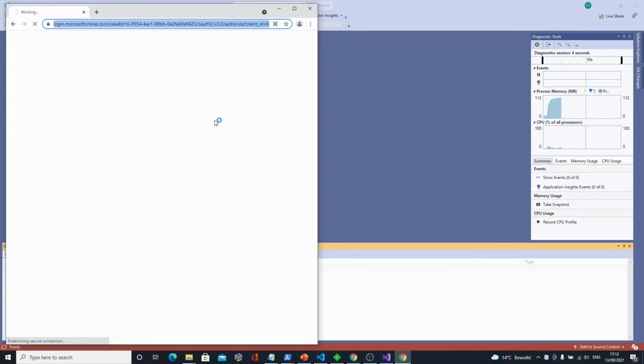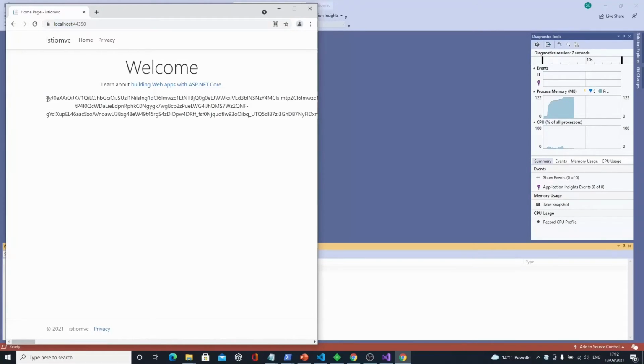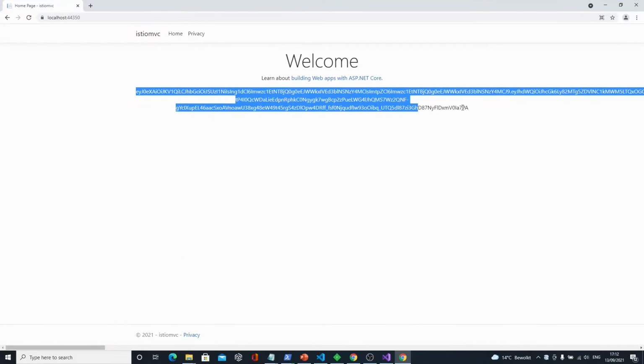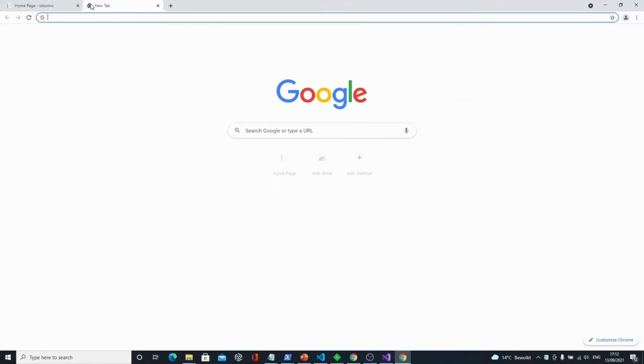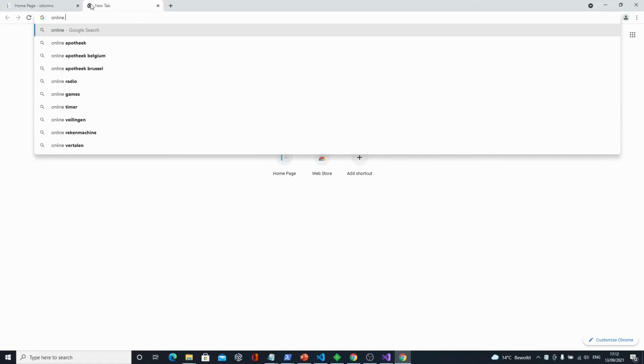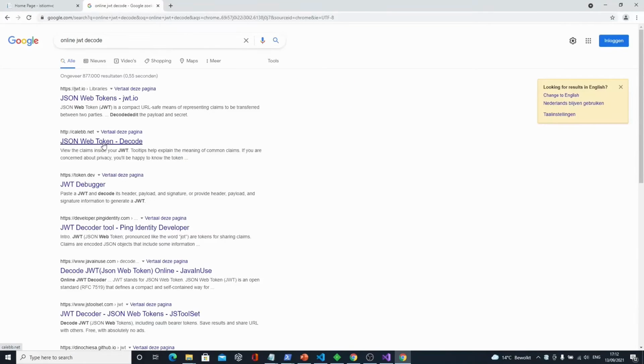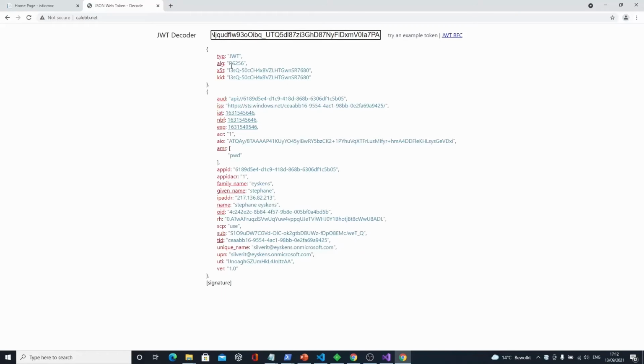I'll be prompted to log in. Because I did not start this in private mode, I will inspect the token. What the app does is prompt me to log in, but if I've already logged in, it might just reuse the previous information, and it spits out the access token. I'm not sure which account is being used, so I'll just say online decode, and I'm going to use my favorite site, where you see that we have indeed this user. That seems to be the right user, and then I have this API.